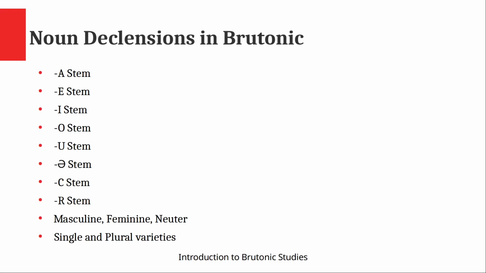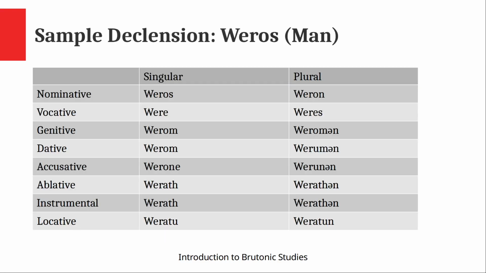These paradigms are similar, but there are enough differences between them that declensions can be challenging. Fortunately, in this class, you will master them. Let us look at a sample word, wirus, man. Let us go over the singular forms. Wirus, wiri, wirum, wirini,